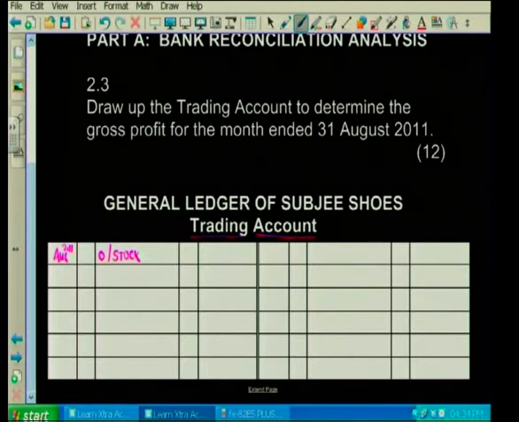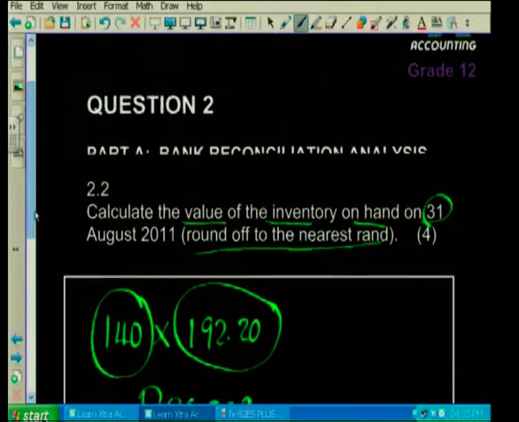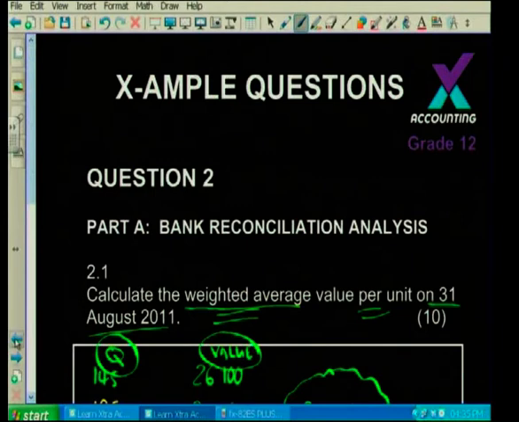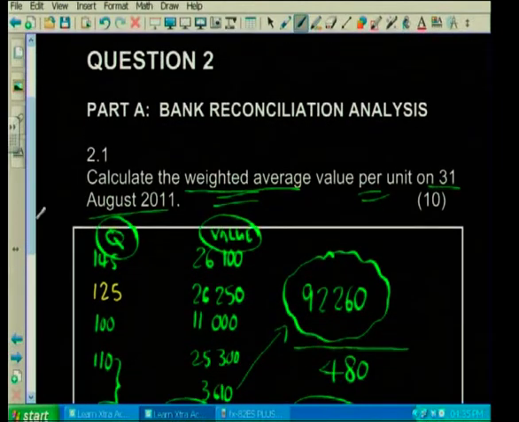So yes, you would find me abbreviating on a continuous basis. That's only because of time constraints, and because we're trying to get as much as possible to you in a short space of time. But please, guys, like I said, Ashraf has the license, you don't. What was the value of my opening stock? Let's go back. Remember, we calculated it. The value of my opening stock was